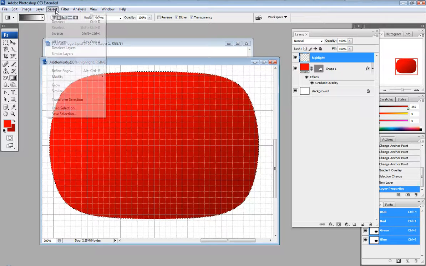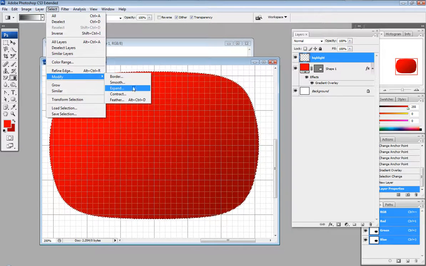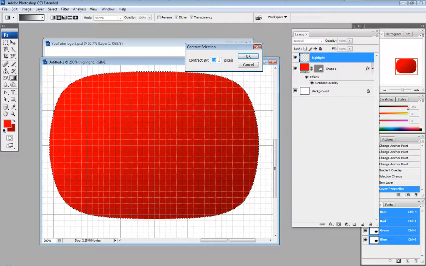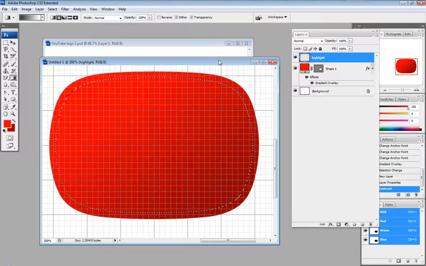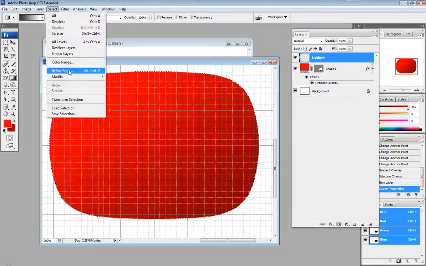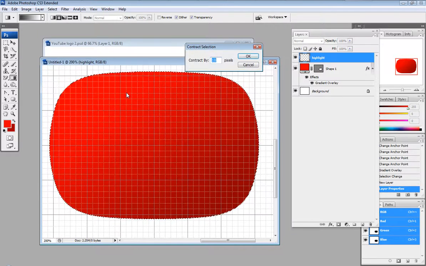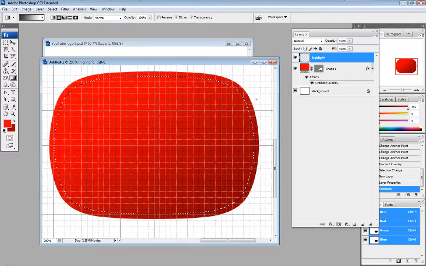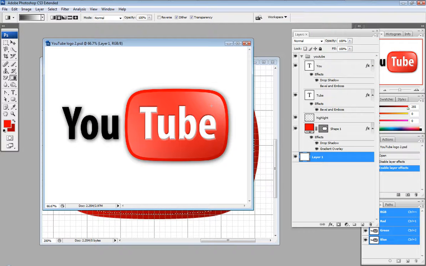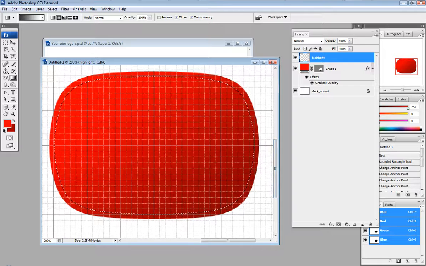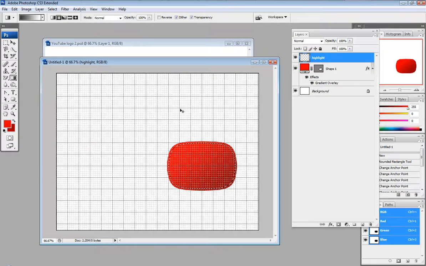For that, I'll go to select and modify and contract. So this will contract or shift inwards the selection by a certain amount. Let's say 10 pixels. So now from all sides I have the exact same thing, but I'm gonna undo and use 8 pixels instead of 10 because I don't want it to be too thick. All right, so if I look here, I have a highlight there and a highlight there, a lesser highlight at the other side. So I'll zoom out, Control H to hide the grid,